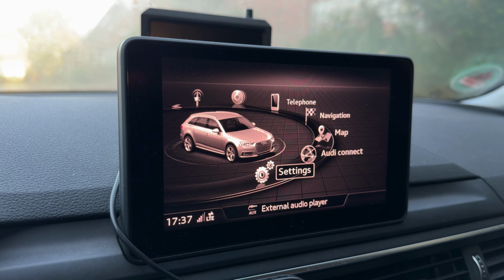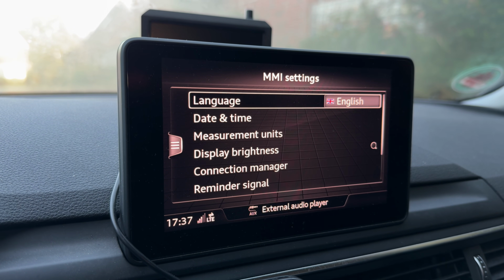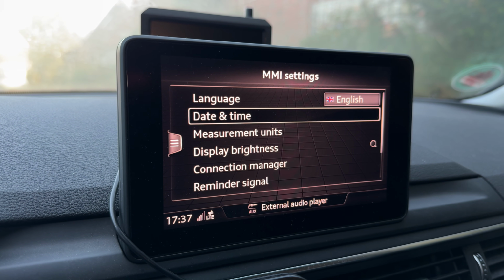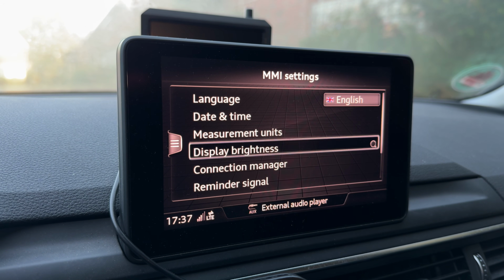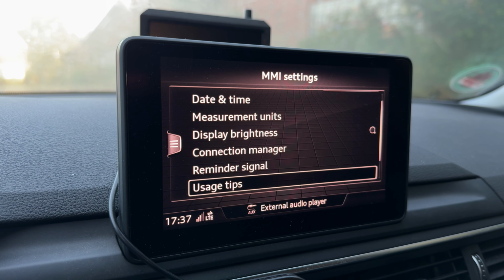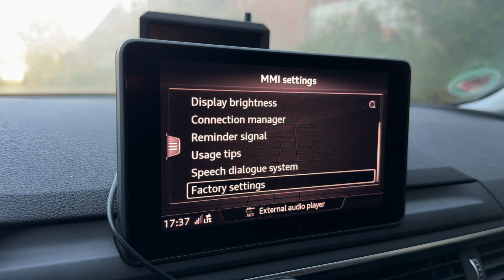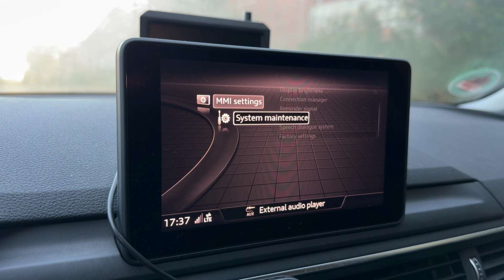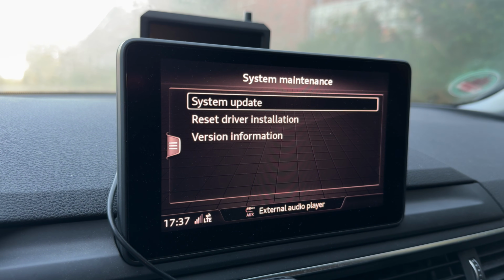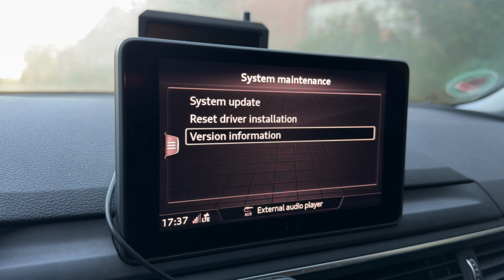That is Audi Connect. Then we go to settings, where we can change the language, date and time, measurement units, display brightness, connection manager, reminder signal, usage tips, speech dialogue system, and factory reset. On the left side is system maintenance, where we can make a system update, a reset, drive installation, and version information.